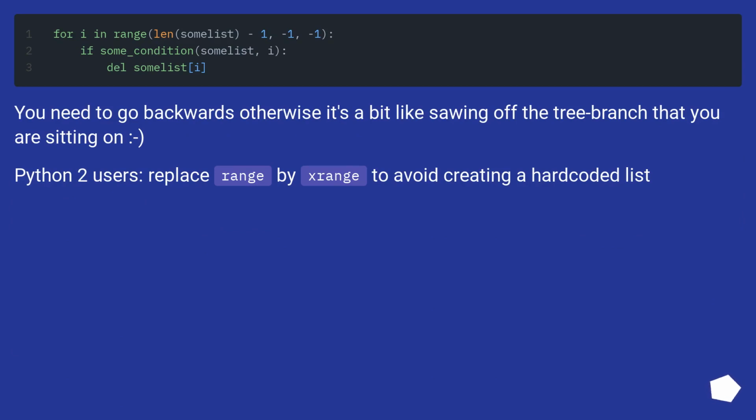You need to go backwards, otherwise it's a bit like sawing off the tree branch that you are sitting on. Python 2 users, replace range by xrange to avoid creating a hard-coded list. If you want to